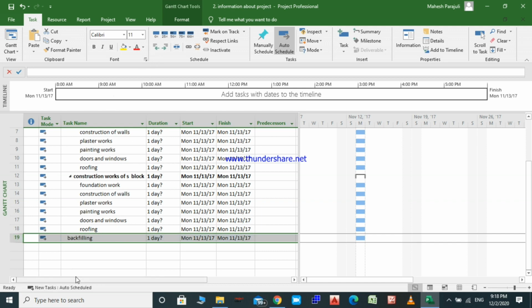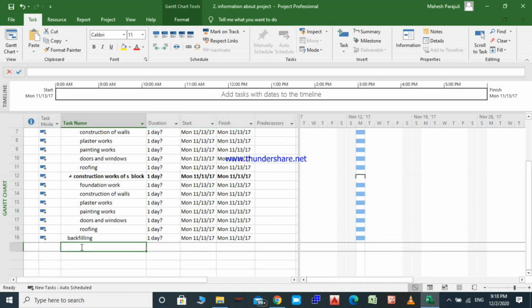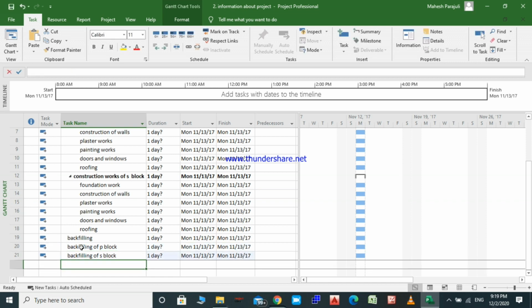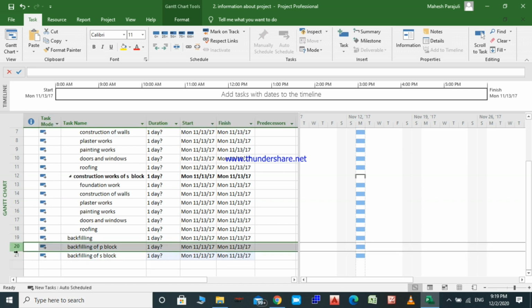Here again, backfilling of P block, backfilling of S block. Enter, and again